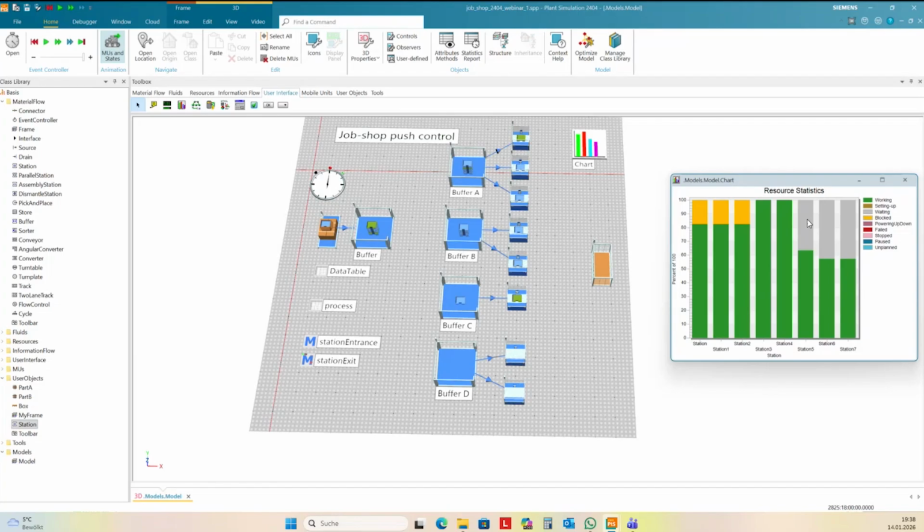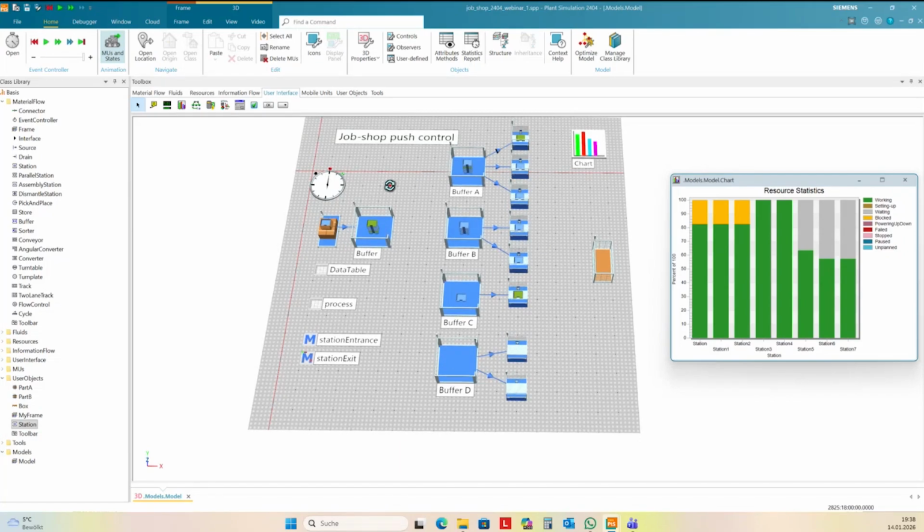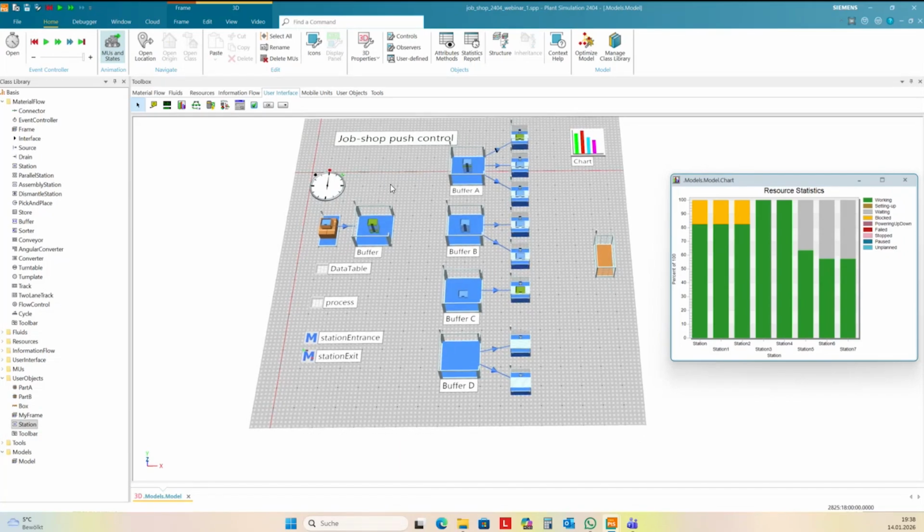Yellow is blocked, and this is also before the bottleneck. And if you want to increase your throughput, you need to change the shop number B. This is if you need more capacity here. It will be more interesting if you include availabilities and all this stuff.